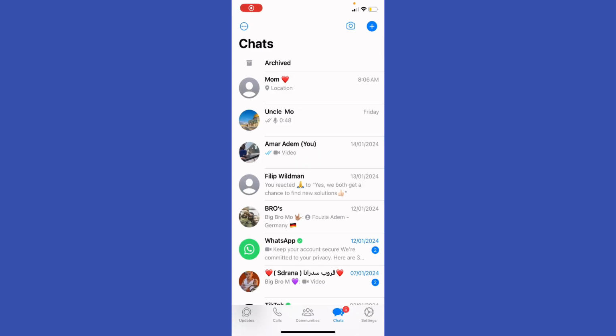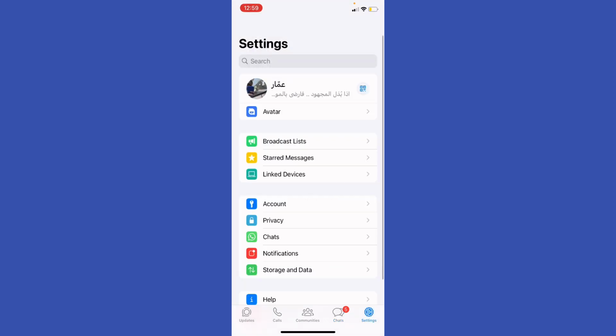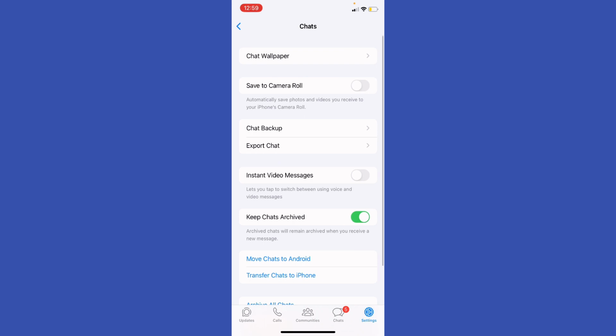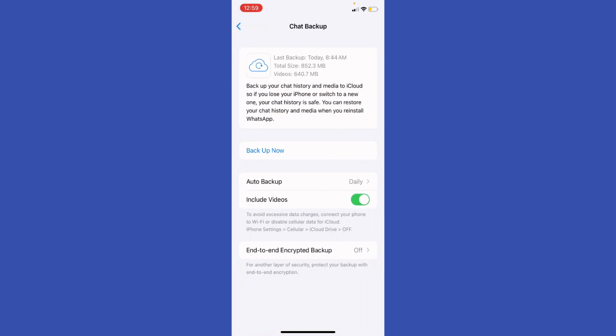My name is Adam. Today I'm going to show you how to recover WhatsApp deleted messages. So before you do it, you have to go ahead to your settings and go to your chat and make sure that your chat backup is toggled on and that you auto backup every single day. So whenever something happens, God forbid, maybe your phone was damaged or you can't access the WhatsApp or